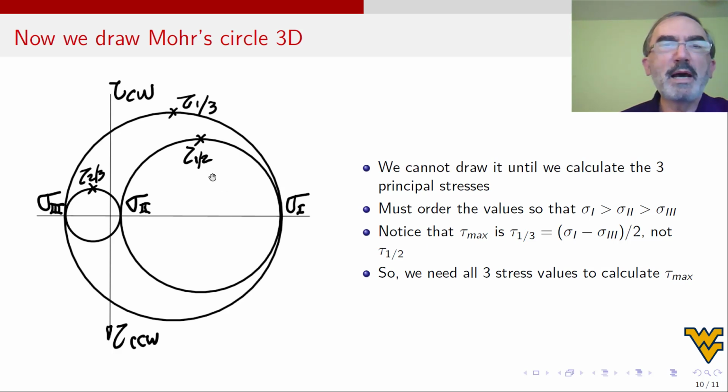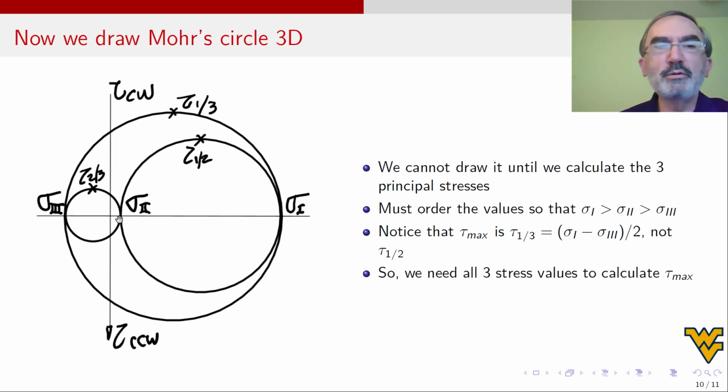And this value is what we used to call tau max, but now you can see that this is not tau max. Tau max is that. And this is very important, and maybe the only reason why I'm doing all this video. So you understand that there is a tau that is larger than this. And before, we were convinced that this was tau max. In fact, we called it tau max, but now forget it. It's not tau max. Tau max is this.